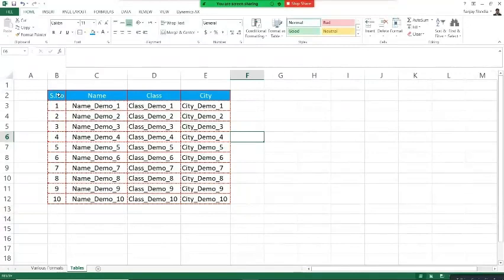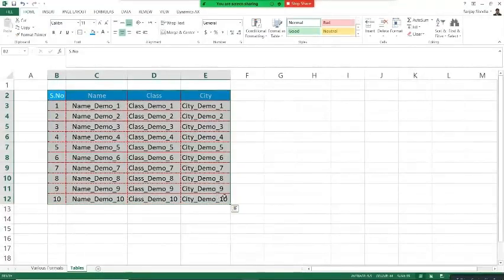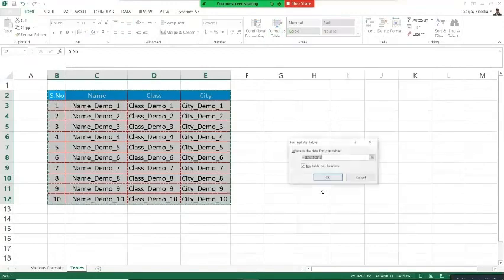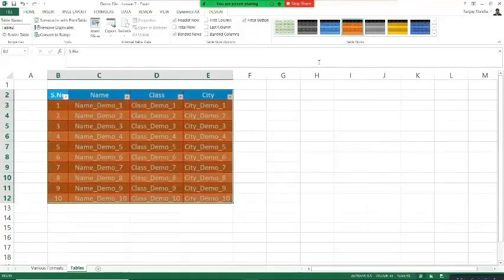Or the other option is select the entire table, go to format as table, and as soon as you click on this option, you will see many predefined formats of Excel, and whichever you want, you can select it and apply that.